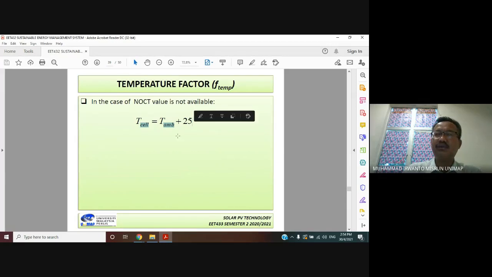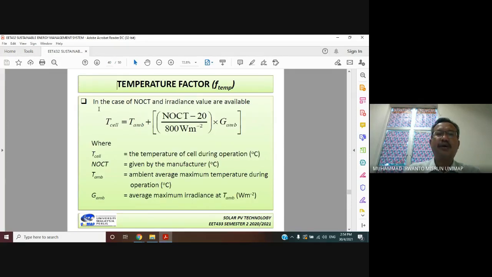T cell is equal to ambient temperature plus 25 degrees Celsius. Or we can use this formulation: T cell is equal to T ambient plus NOCT minus 20 over 800 watt per meter squared, multiplied by G ambient. NOCT meaning